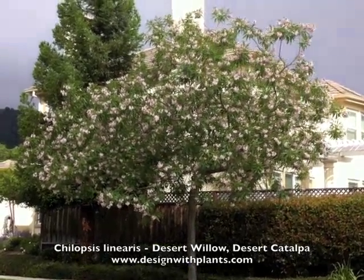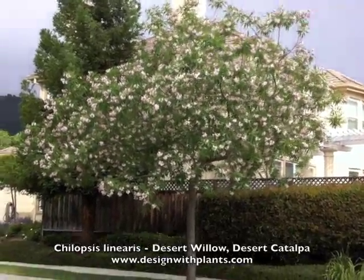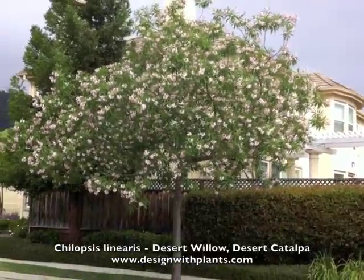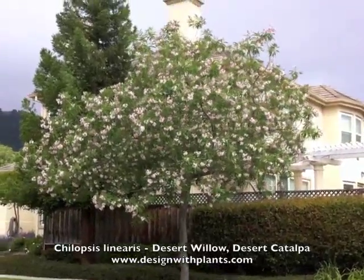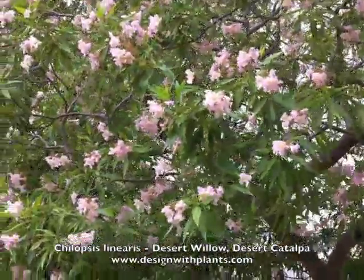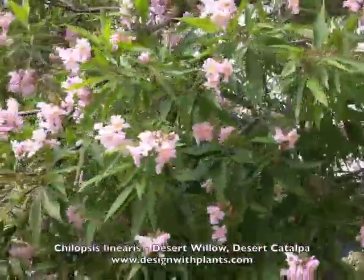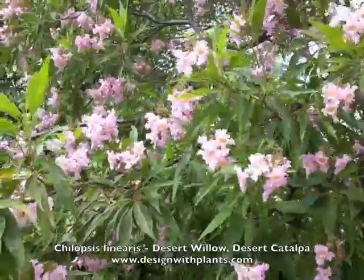But you know, I've seen this area when these trees are bare during the winter, and I've never noticed them as standing out as being that unsightly. And a lot of times that varies depending on the variety of the plant that you're using, so that may be the case with this one too. I can't honestly say. So that's what I can tell you about Chilopsis